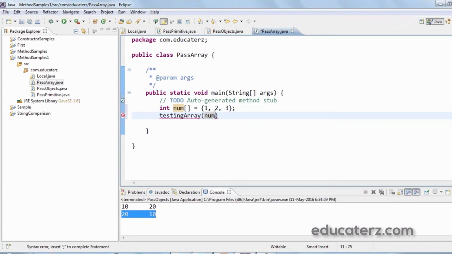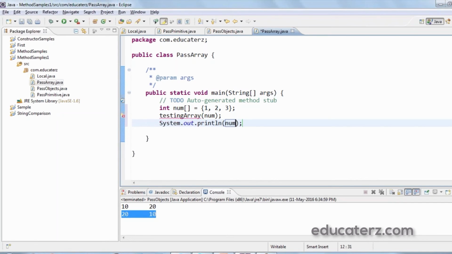Whenever I want to pass an array, I just need to pass the array name, and then print the values of num of 0 and so on.